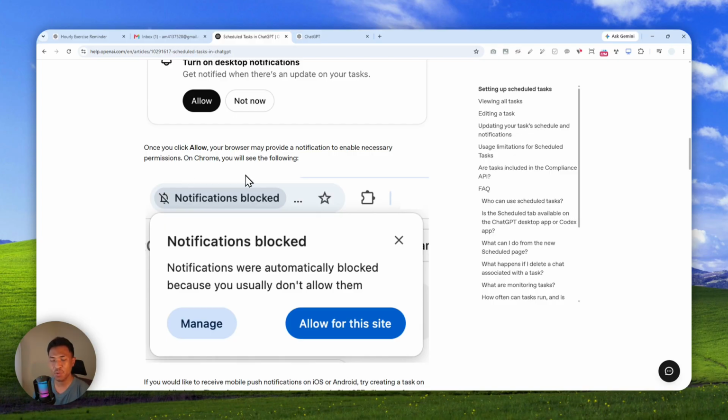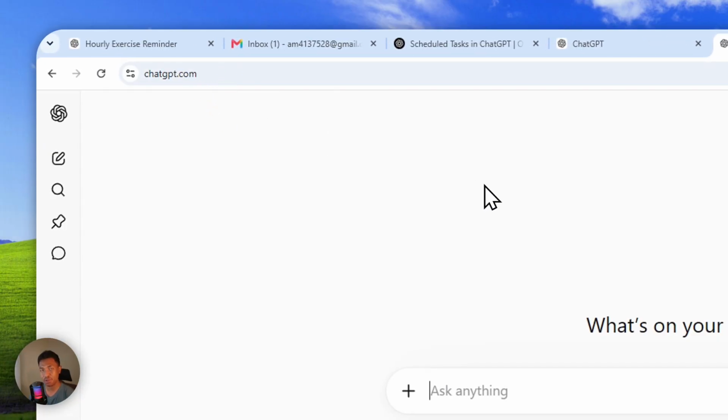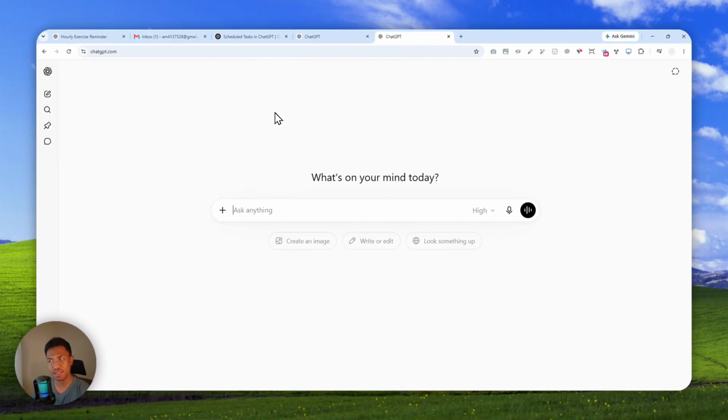So first, if you want to use this feature right now, it is only available for the paid version of ChatGPT. So if you are using the free version, it is not available, but maybe it will be available in the future, who knows. But anyway, here I'm using the ChatGPT desktop web version, and the quickest way to create a schedule is by just telling AI about what kind of schedule that you want to do. So here I will try to create a simple schedule, like for example,